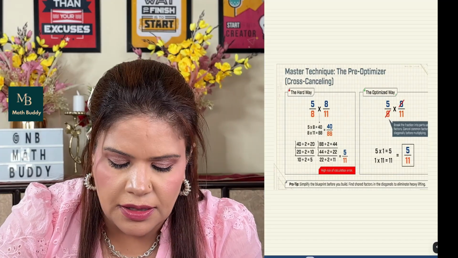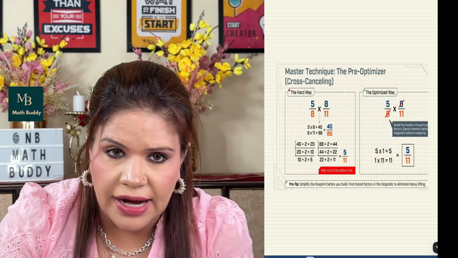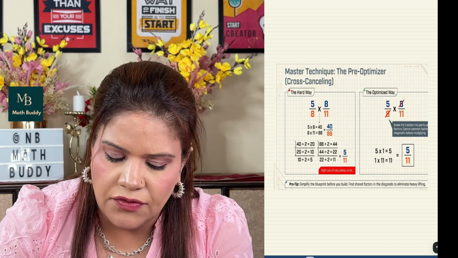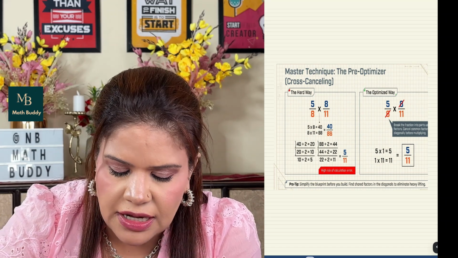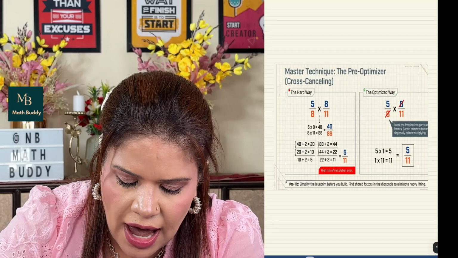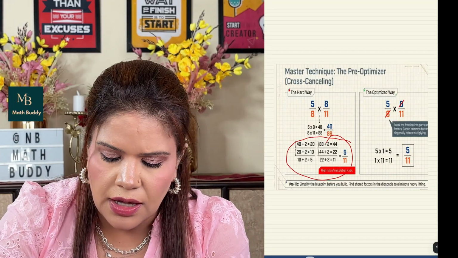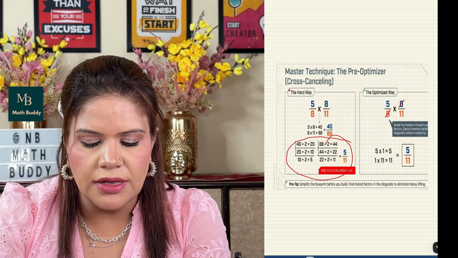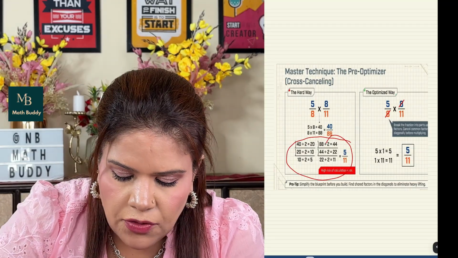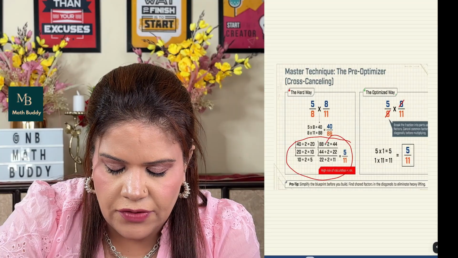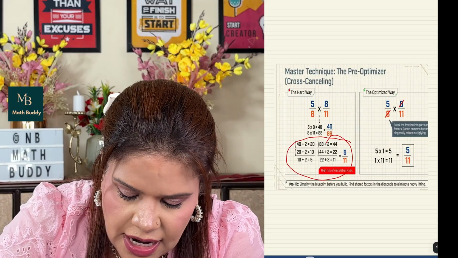Or there is another method. This is giving me a right answer. Mathematics is functioning and giving me the right answer, but it is increasing my cognitive load because I have to simplify it afterwards. Okay, so let's break it down in the optimized way. 5 divided by 8 into 8 by 11. Now you need to understand this thing.